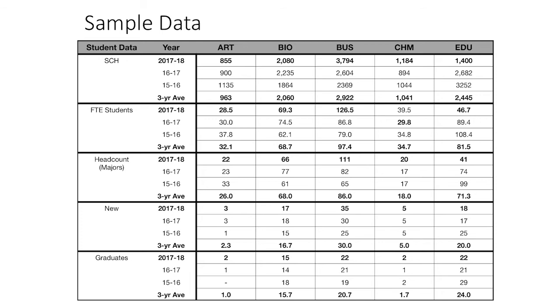Well, it's likely the case because you've got students who are minors in that department. You've got students who take classes in that department who aren't majors in the department. And therefore, the difference in FTE students from the head count is a function of how attractive those courses are in that department to students outside that department. So that's telling us, does the department draw in interested students from other areas? When we look at the new student population,